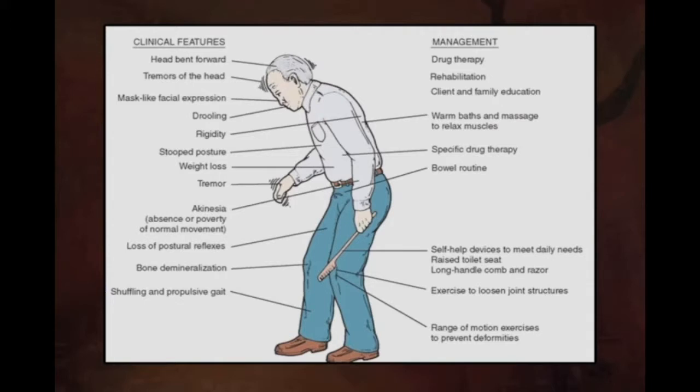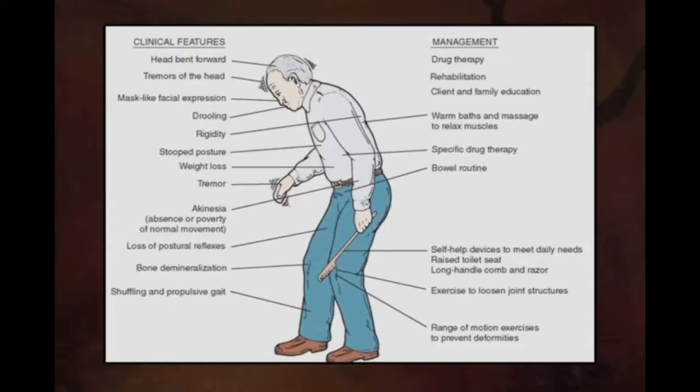You see on the right side, the management techniques are drug therapy, rehabilitation, client and family education. It is the caretakers who may undergo certain problems because of the regular care that they have to take, which many a time may be overburdening. Hence, client and family education about the problem, awareness created about the problem, and the ways of management being explained to the family and the caretakers, the primary caretakers, especially be it spouse or children or whoever the primary caretaker is,